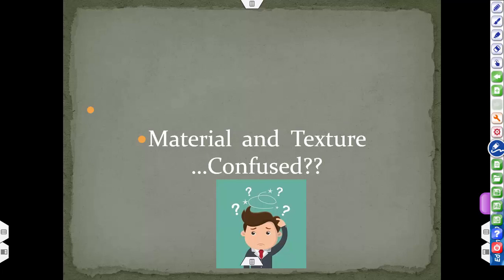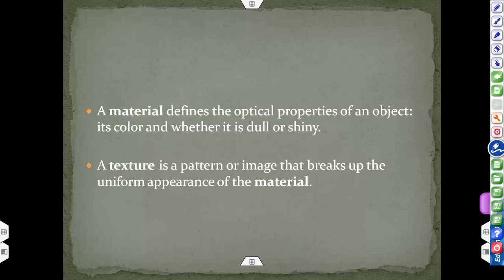Now, most of us are confused between material and texture. Actually, a material defines the optical property of an object, like its color and whether it is dull or shiny. These types of properties are defined by the material, whereas a texture is a pattern or image that breaks up the uniform appearance of the material.